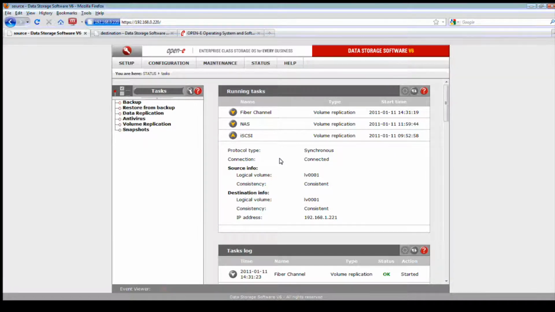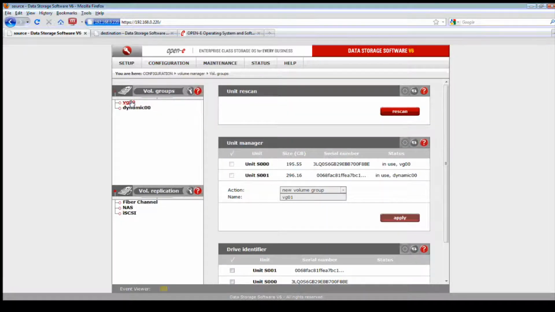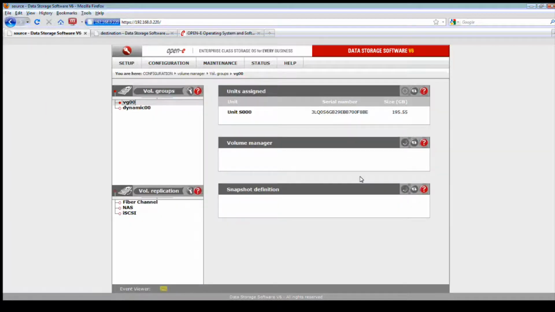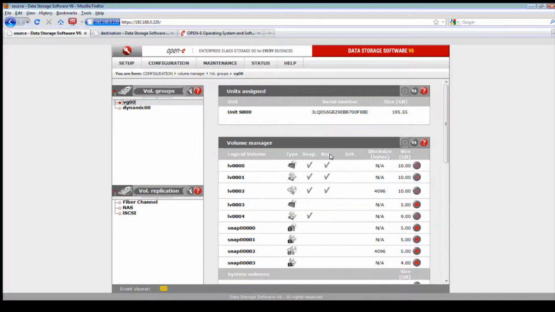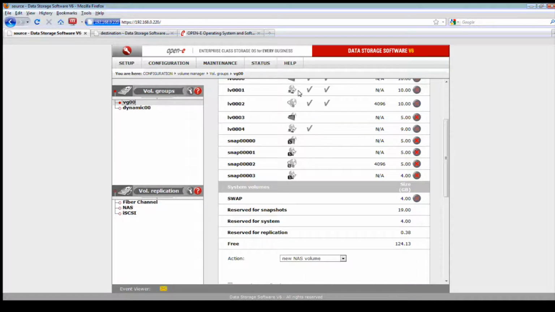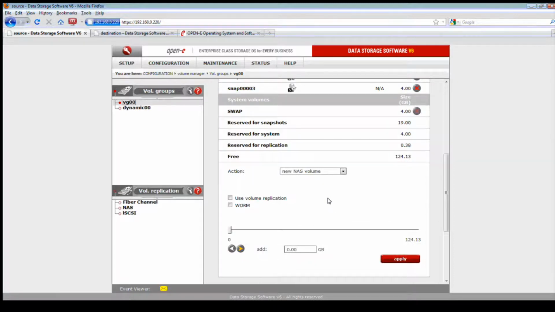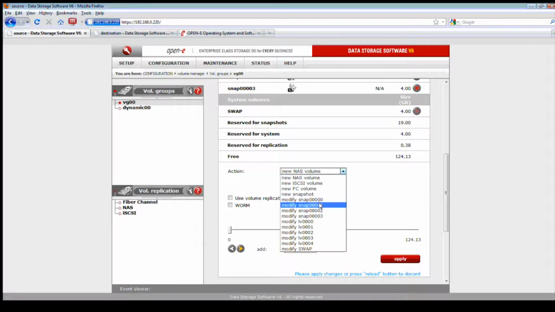Now on the video there's some questions that came up. It says, how do you increase your volume if you're in a replicated state? We do have a video on this showing you how to increase your volumes while in volume replication. But basically you have to stop the task and also modify the logical volume to be able to take off the volume replication. Real quickly, and then we'll get right back to the same topics.